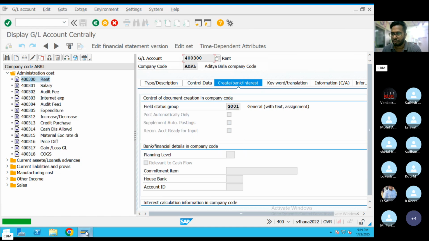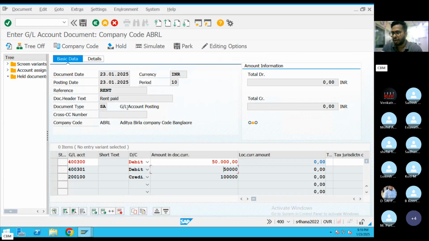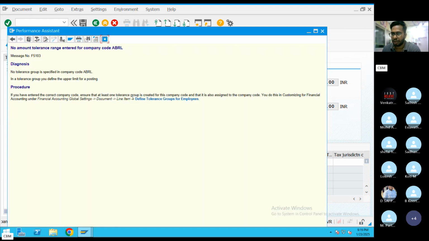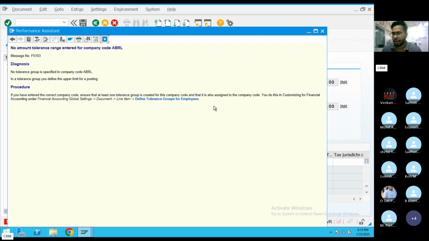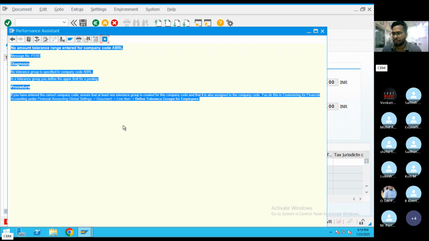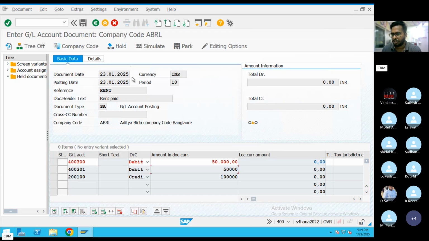So I solved one issue. Again, I'm just simulating. Again, I'm simulating. I solved an issue, but again I got another issue. The earlier issue was resolved, but again I am getting this issue. As a functional consultant, I have to resolve this. The consultant will resolve the issues, and end users will post the transactions. So as a functional consultant, we should know both things: how to book the transaction and how to resolve the issue. Got my point? So again, the SAP end user is facing an issue.